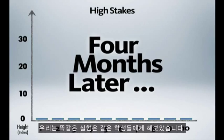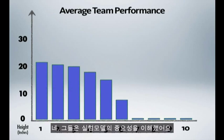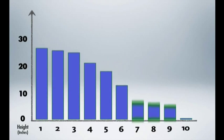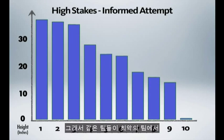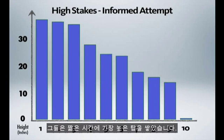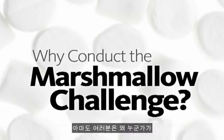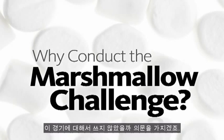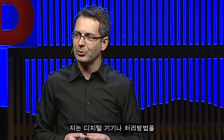We did the exercise again with the same students. What do you think happened then? So now they understand the value of prototyping. So the same team went from being the very worst to being among the very best. They produced the tallest structures in the least amount of time. So there are deep lessons for us about the nature of incentives and success. So you might ask, why would anyone actually spend time running a Marshmallow Challenge? And the reason is I help create digital tools and processes